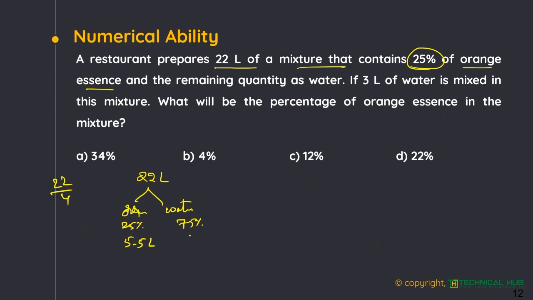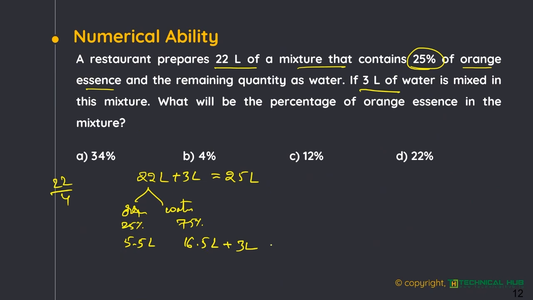16.5 liters, which is water. Orange essence 5.5 and remaining 16.5 water. Now, the question is, if 3 liters of water is added, whatever the quantity added, whether it is orange essence or else water essence, water is increased by 3 liters, total will also increase by 3 liters. Now the new total becomes 25 liters, and water is 19.5